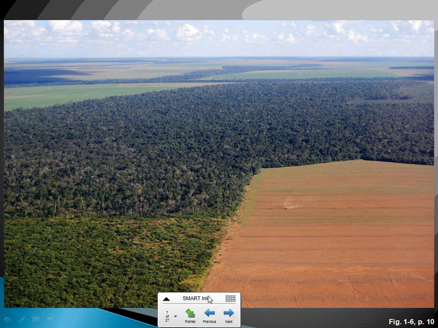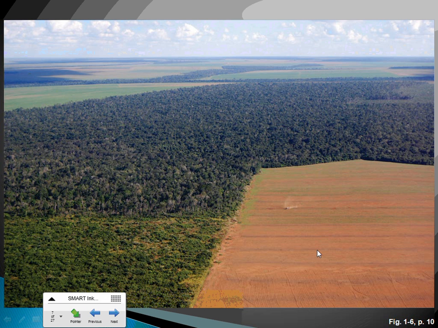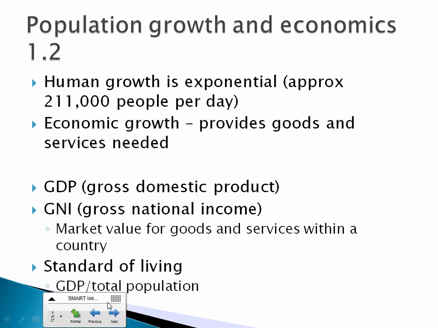It's actually something called deforestation. So you can see what happened. Kind of a positive feedback: the more our population goes up, the more food that we need to grow. So what happens is we cut down all this forest and we plant crops like this. Then we need more fertilizers, we need more pesticides, and we harm the environment more. Thus the positive feedback where it just keeps going in one direction. So this is just one example of something we'll hit down the road when we talk forestry.